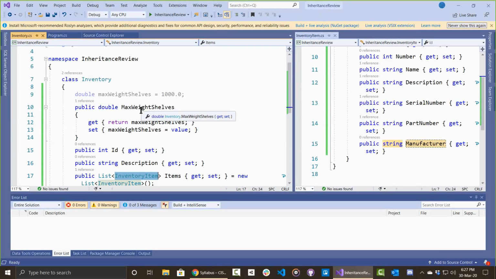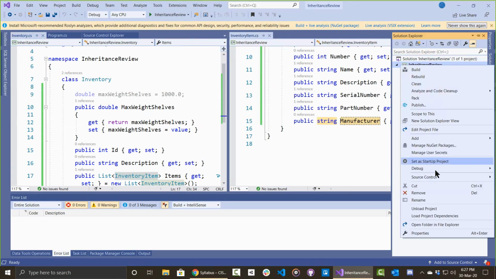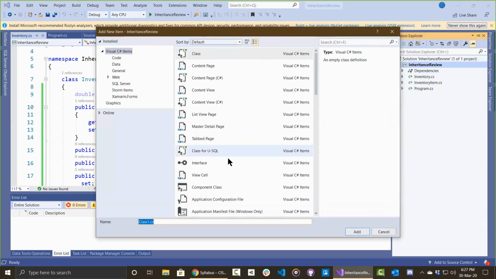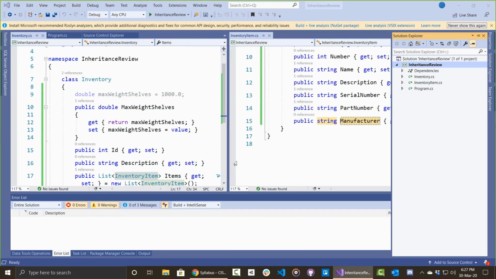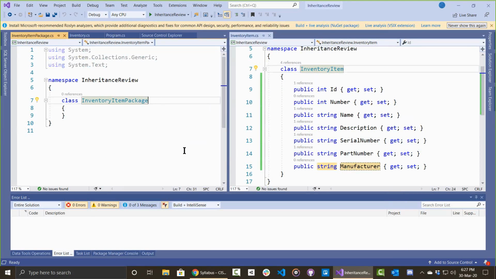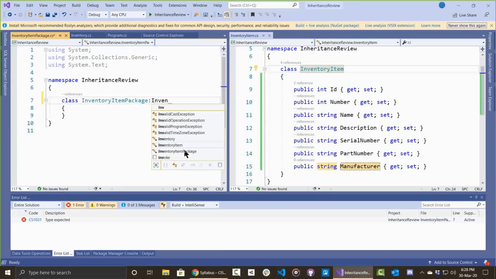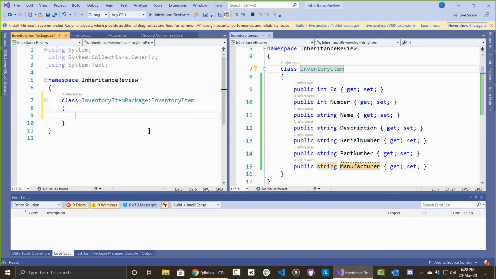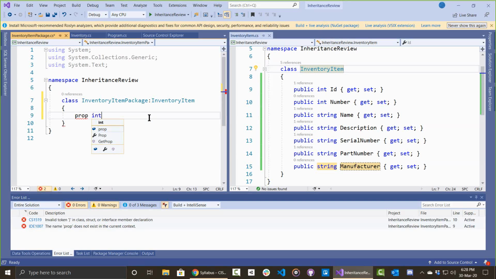Now what we're going to do is just a straight up inheritance. I'm going to inherit from inventory item, and I'm going to do that by adding another class. Let's say this inventory item comes as a package, so there are multiple items inside of that one package. What symbol do I use to inherit? Yeah, I put a colon, and then I'm going to inherit from inventory item. Basically, that means inventory package has all these things, but the thing I'm going to add is an int for number